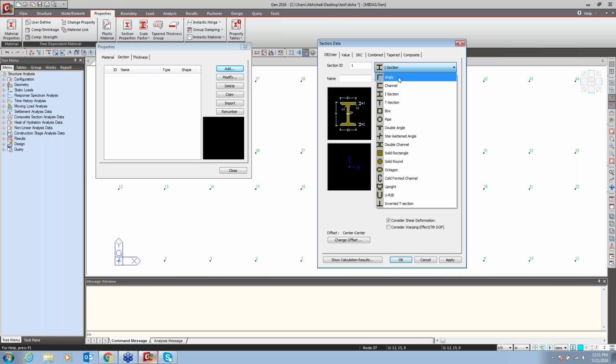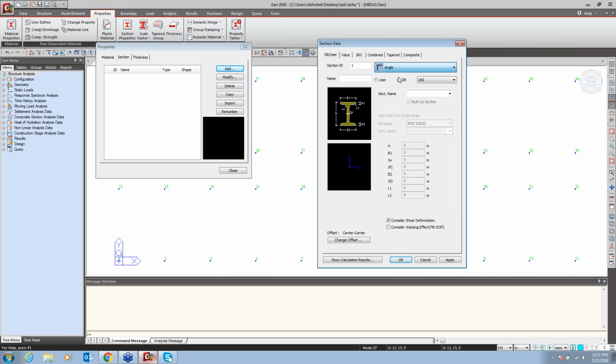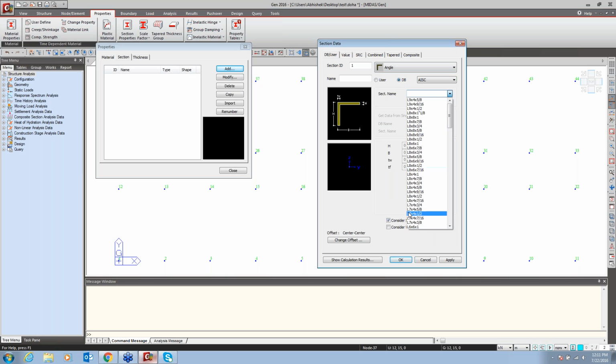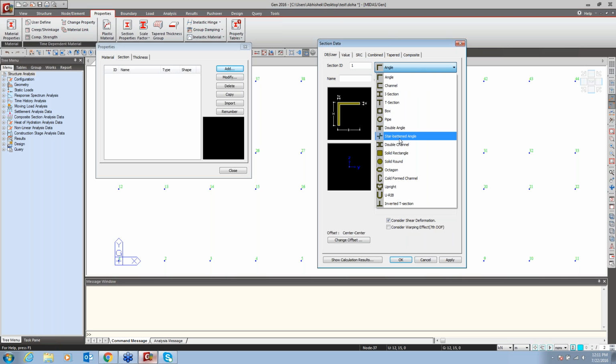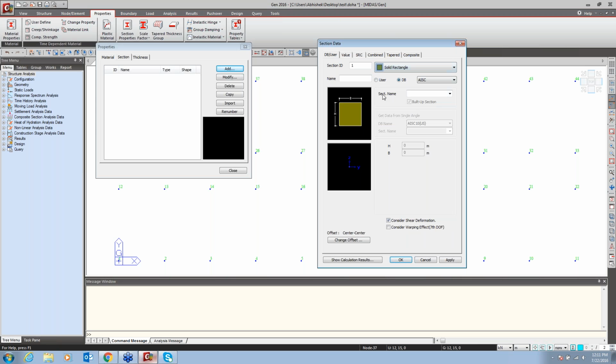In these options, if I say angle, from the angle database, here it is asking for the database. I will just say AISC, and according to the AISC, in the section you can see the database will directly appear. Generally for the L section, for the steel section, we use this option. For the concrete section, you have to come here and say Solid Rectangle. Click here, I will just say column,